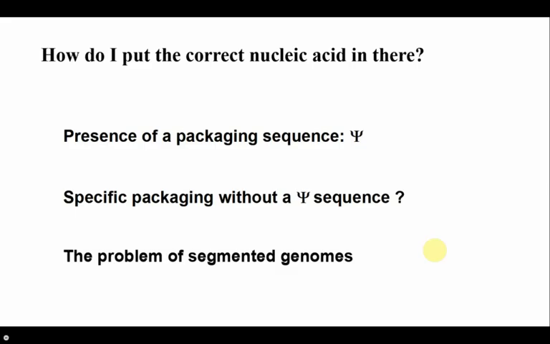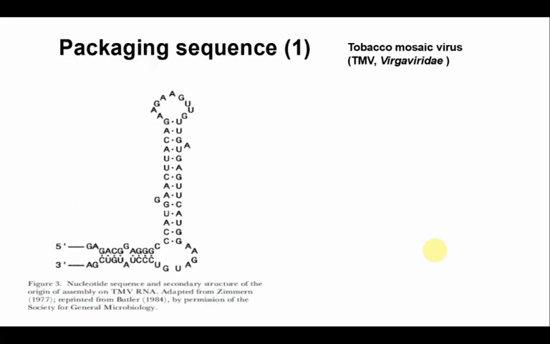And then influenza virus has got another problem because it's got its genome distributed on 8 different molecules of RNA. So that's also going to be a bit of an issue because you need to have one copy of each. So we'll look at this. So the first way to get specific packaging of the virus genome is to have a sequence somewhere in the